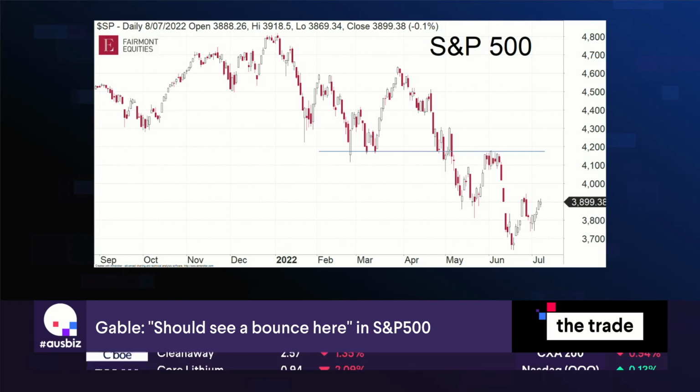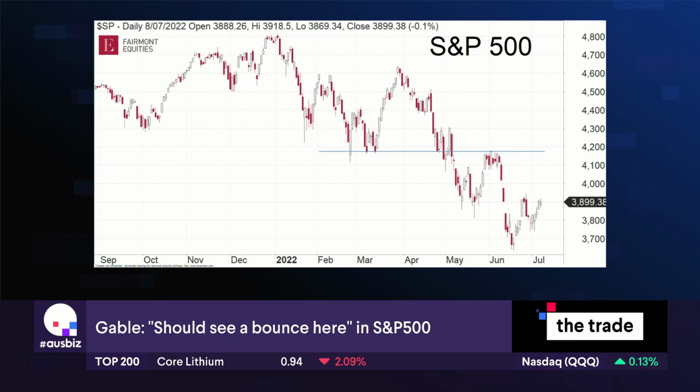And we were talking about this chart 2 weeks ago. What we noticed at the time was, we did break support around 4,200 in May, came back up to retest it, and then it got sold off sharply. After that sharp sell-off, we had a bit of a bounce, and we were talking a couple of weeks ago of what we needed to see was at least a higher low